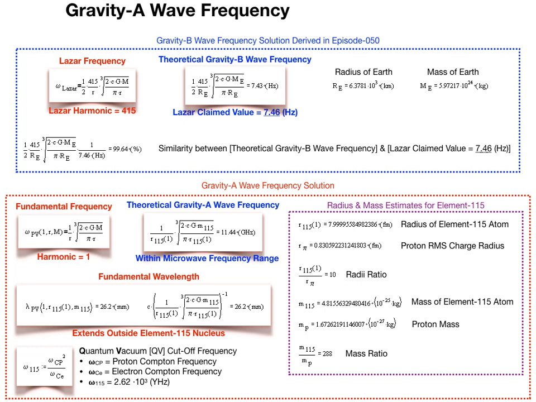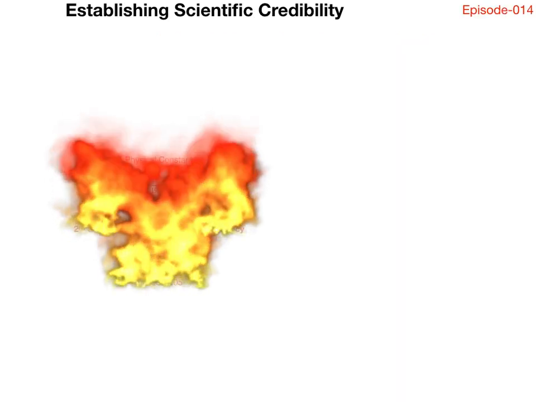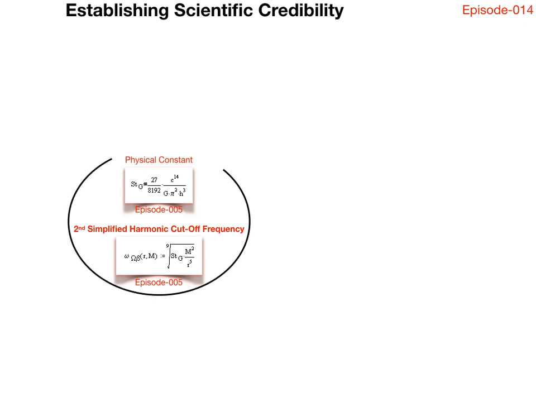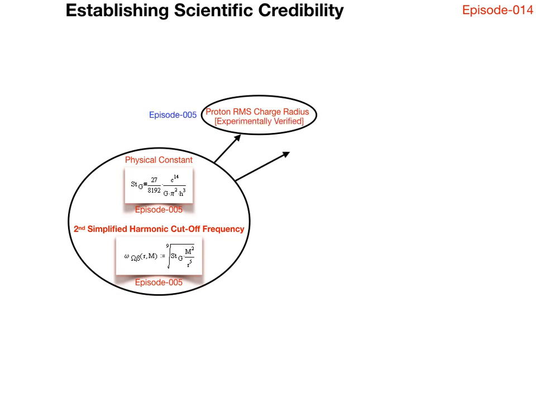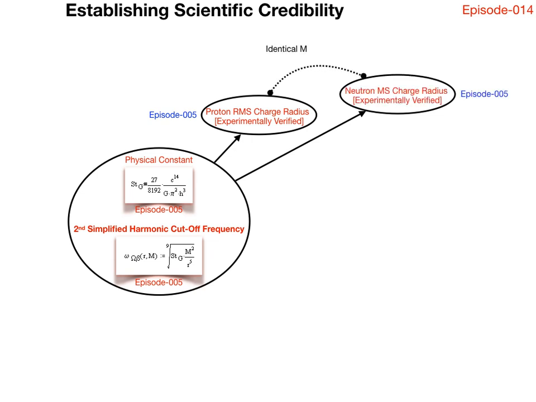Given that there is no way to verify our 11.44 GHz prediction, how much can we trust the equation which produced it? Well, let's look at the bigger picture. For viewers familiar with my previous episodes, you'll know that I'm not a big fan of credibility. When I had previously scorned credibility, I was referring to personal and professional credibility. For example, I was referring to so-called whistleblowers whom have nothing to offer other than their word, or at most, they offer highly dubious video evidence which doesn't prove anything. I was not referring to scientific credibility.